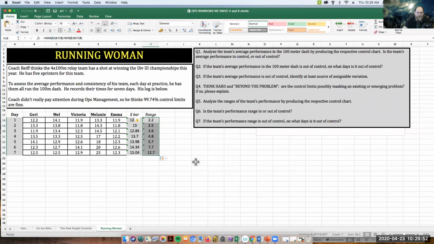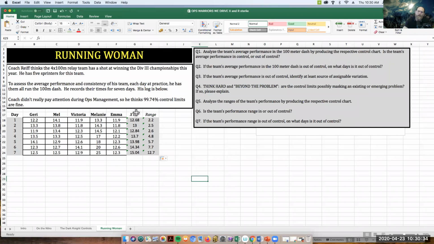And that works. So again, the definition of range is the maximum value in the sample minus the minimum value. Kylie used some Excel mad skills to make it easier on herself. You just as easily could have done it by hand and said, okay, which one is the largest? Entered that value. In this case, it would be Mel, and then minus the smallest. And in this case, Victoria and Emma tied, so pick one, it doesn't matter. And 14.1 minus 11.9 is 2.2. Okay, so either way would have worked.